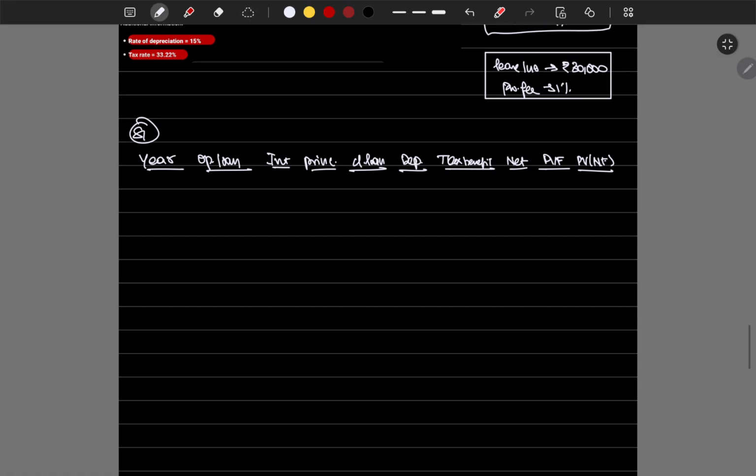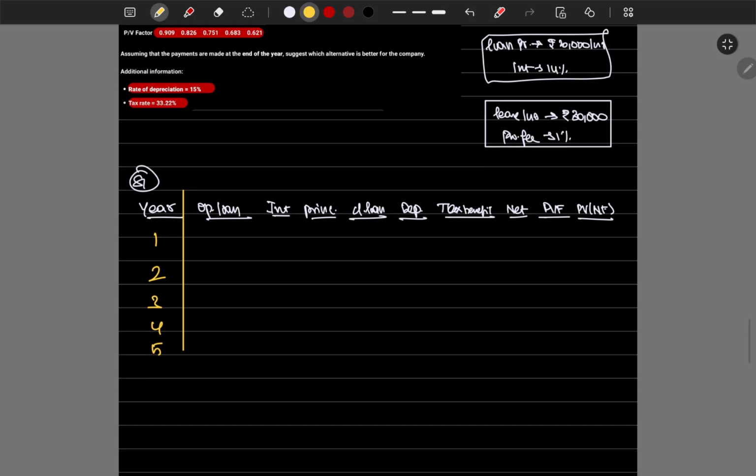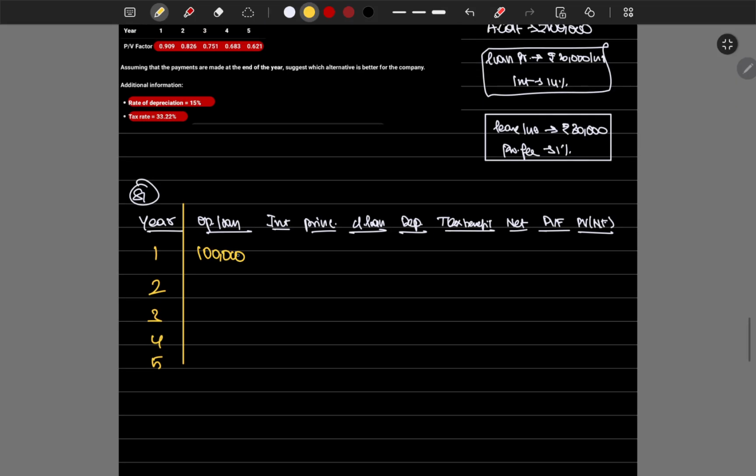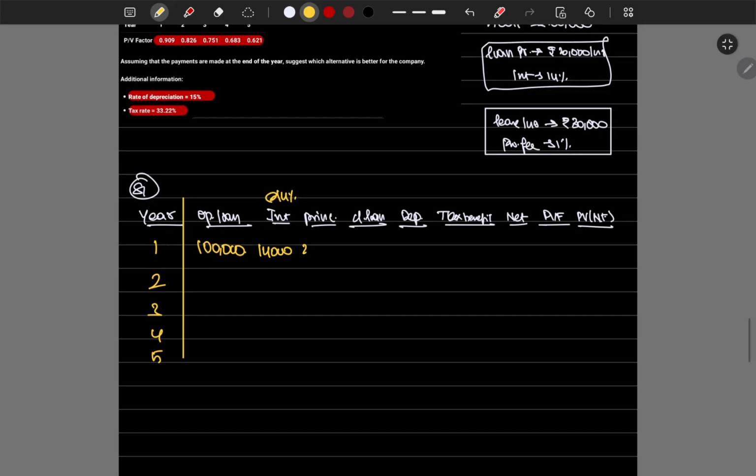Now, year 1, 2, 3, 4, 5. What's the opening loan? Opening loan is 1 lakh. What's the interest for the first period? 14,000, right, at 14%. Principal, they have said they are paying 20,000 standard principal every year, paying off in 5 years. So 80,000,